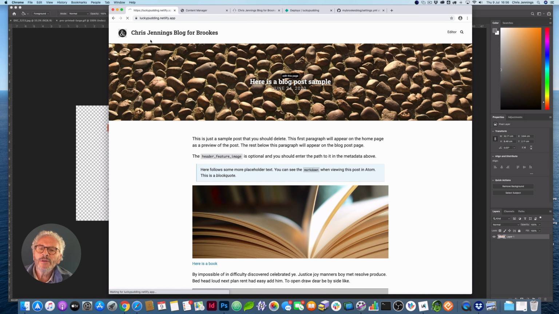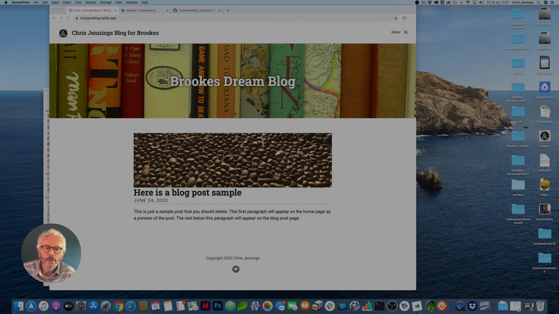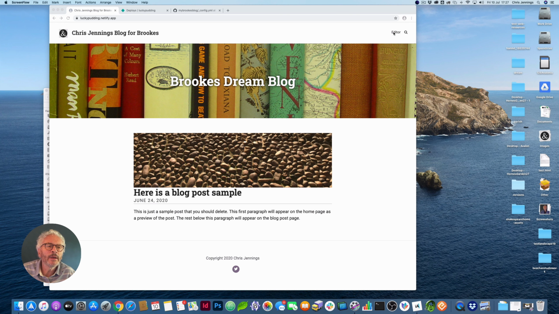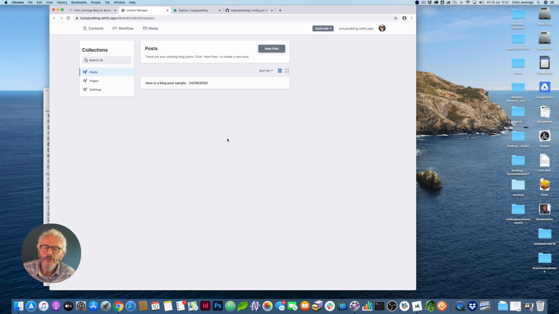Okay, let's go back to the home page again, and now we'll have a look at the most important thing, I guess, at this stage, which is to look at how we write posts in the blog. So to create a new post, we simply go to the editor. So this is the editor here that we're moving to. It should log us in straight away. For the first time, you may have to look at the credentials there, but actually once you've logged in, it'll come straight away because it'll remember you. Okay, we're in the post section. You can see we've just got that one post at the moment. So we just click onto New Post,